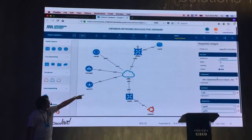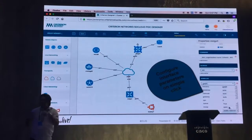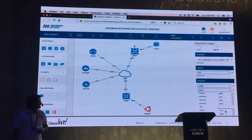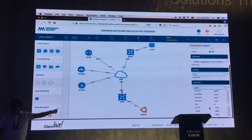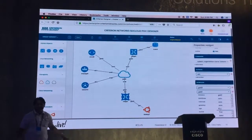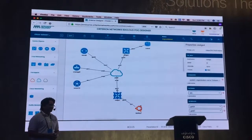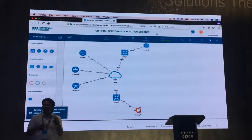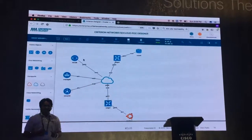And I'm also configuring all the vEdge devices right here, which means you don't need to go into an SSH terminal at all. That means you're doing it right on the portal itself, which makes it very easy for you to use. And if you look at it, you don't need to configure any of the IP addresses or any of those things, because all of those things are taken care of by us. And if you know a thing or two about Cisco SD-WAN, one of the important things, which is a complex part, is bringing up the control plane, because you need to have all these certificates and everything else. Those things are essentially automated by us as well. So that means